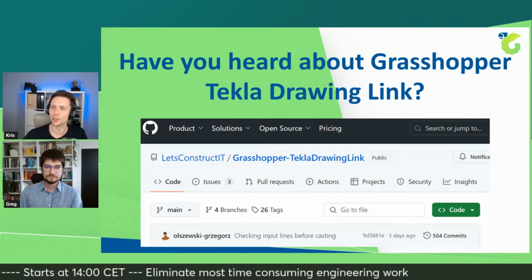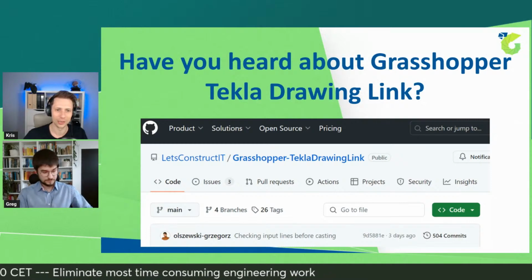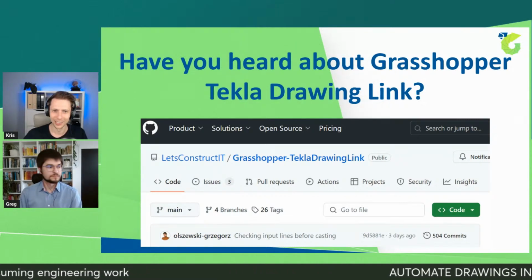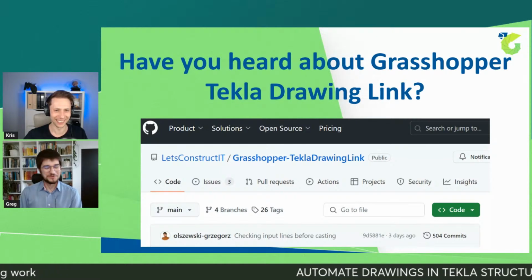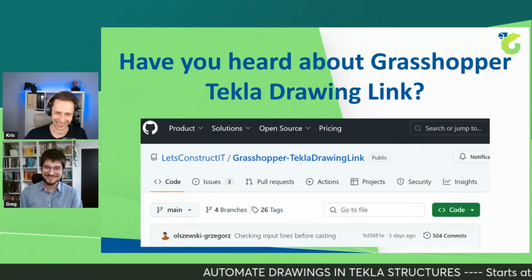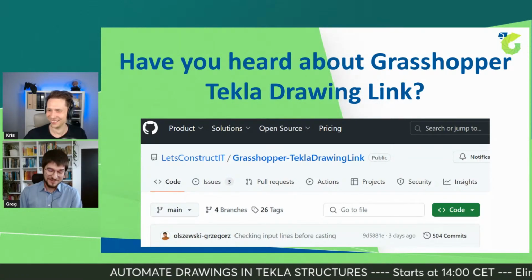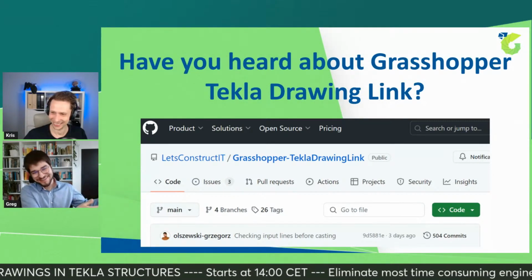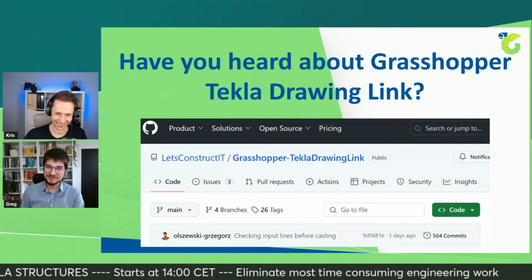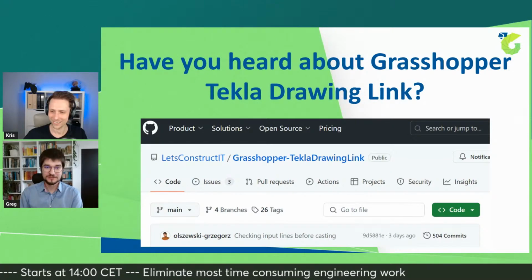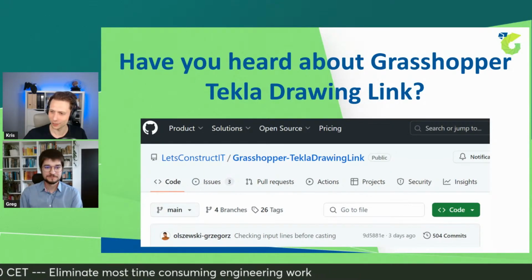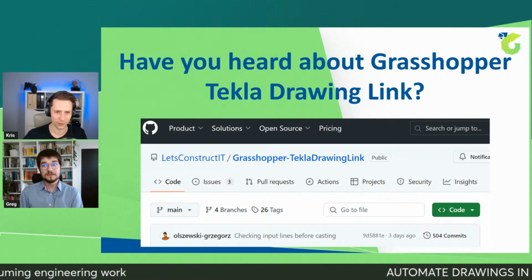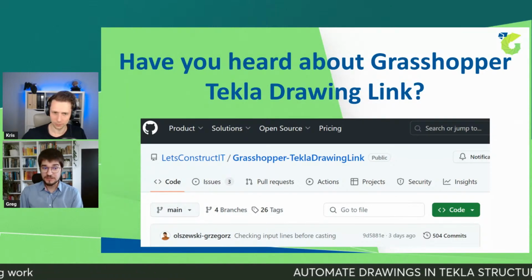We are going to talk about all of that in the presentation, but it's open source. I see already some question about the price. This is an open source project, right? Yes, exactly. Honestly, the price cost is only on my side, so I had to buy the Rhino license, but for you, it's completely free. Yeah, and actually from the start, it was the aim that it will be for free for everyone to use. Yes, definitely, because